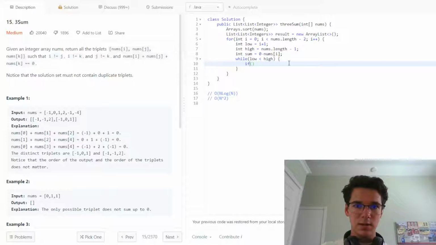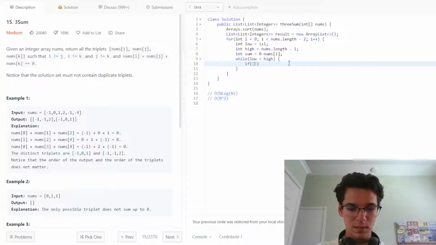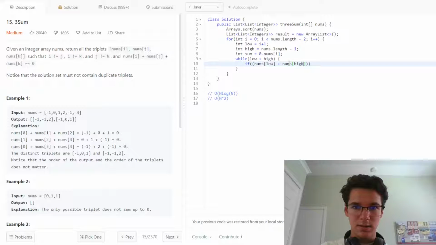So, nums at low, and let's put this in its own set of parentheses, nums at low plus nums at high. If that equals the sum that we were looking for,